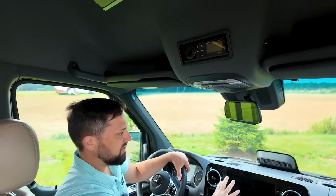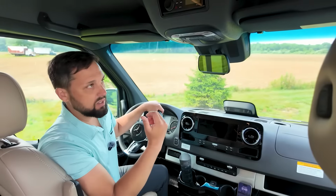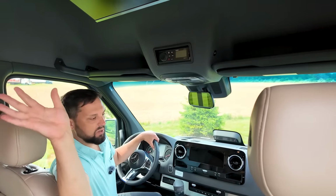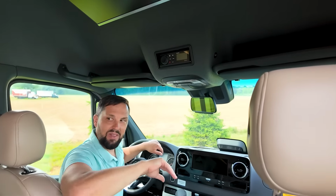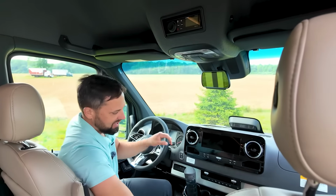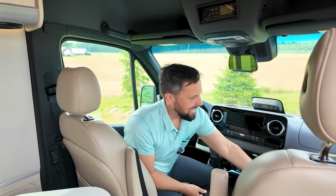Rear stereo. So this is what you're going to use when you're driving down the highway. But when you're parked, if you want to listen to the stereo back there, you got a separate stereo system. You could also leave that on when you're driving and you could listen to one thing and your passengers could listen to another thing. Over here is the owner's bag that comes with it, and it comes with an insulated